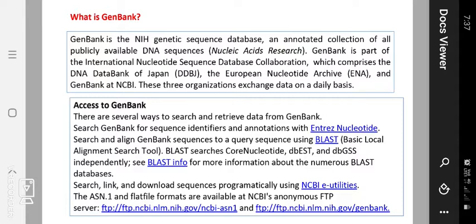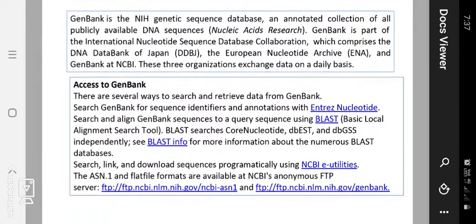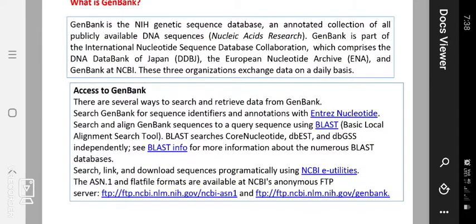from GenBank. Search GenBank for sequence identifiers and annotations with Entrez Nucleotide. Then search to align the GenBank sequence to a query sequence using BLAST, that means Basic Local Alignment Search Tool.